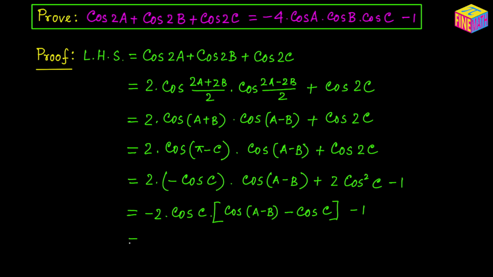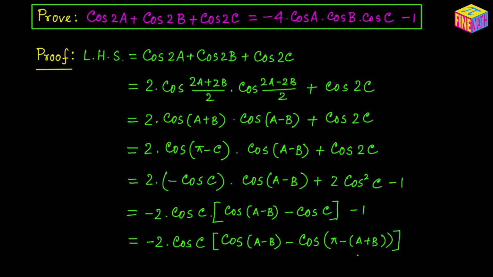And from here, can we write it like this? Negative 2 times cosine of c, and within the bracket we have cosine of a minus b minus cosine of c. Can we write it as cosine of pi minus (a plus b)? Think about it, because c can be written as pi minus the sum of a and b, because a plus b plus c is equal to pi radian. So c can be written as pi minus the sum of a and b,